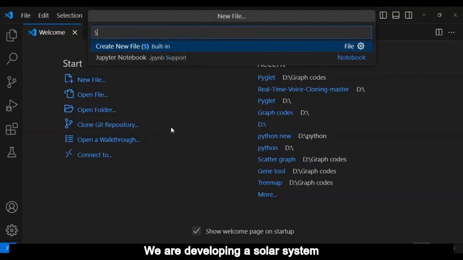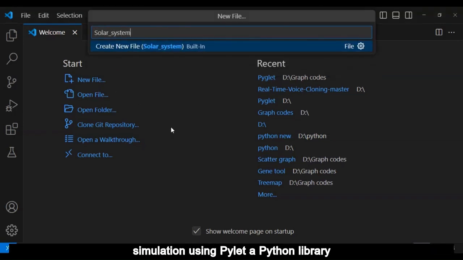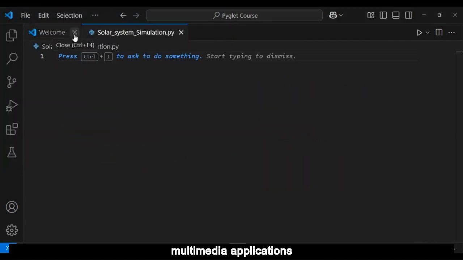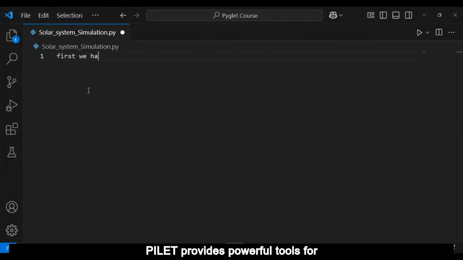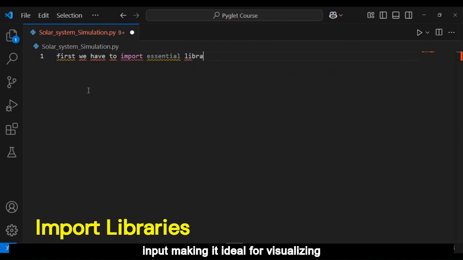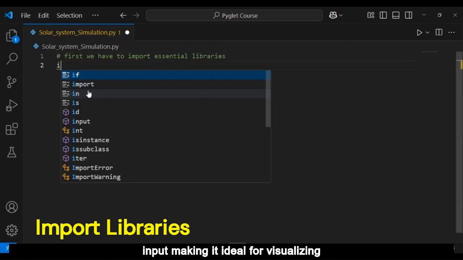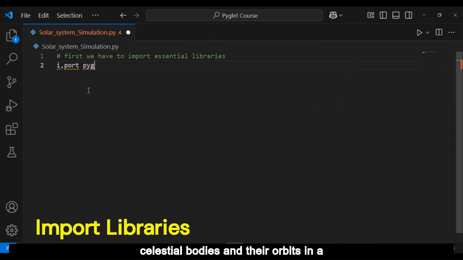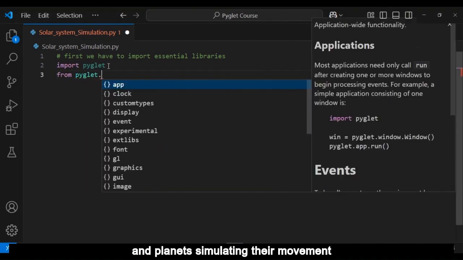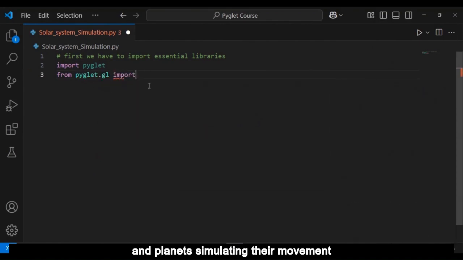We are developing a solar system simulation using Pyglet, a Python library designed for creating games and multimedia applications. Pyglet provides powerful tools for handling graphics, windowing, and user input, making it ideal for visualizing celestial bodies and their orbits in a dynamic, interactive way. In this simulation, we aim to represent the sun and planets, simulating their movement and scale to provide an educational